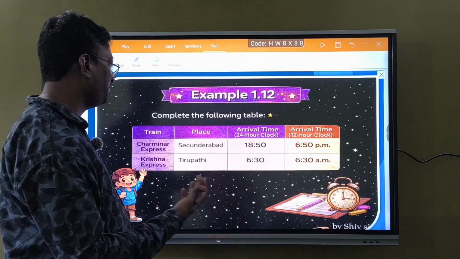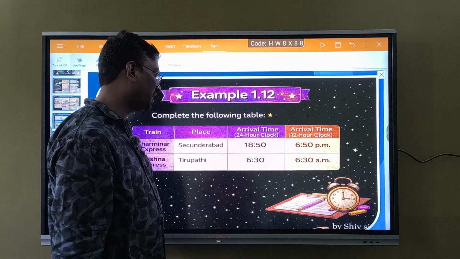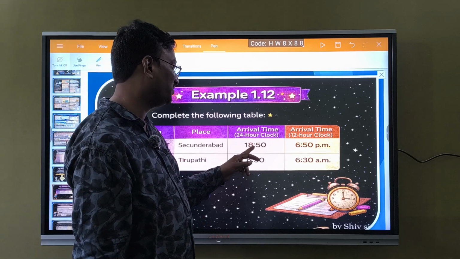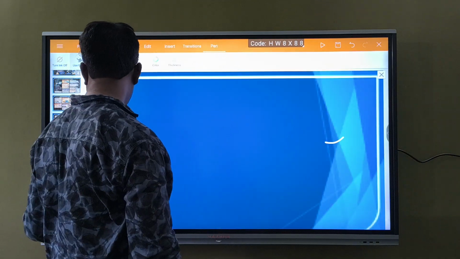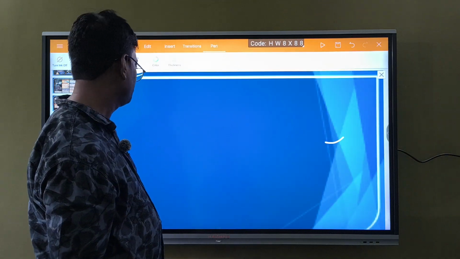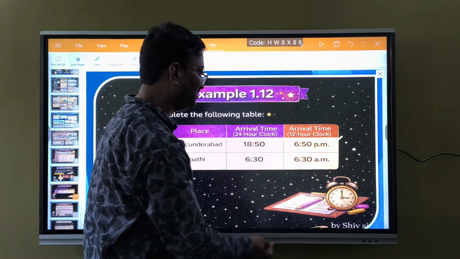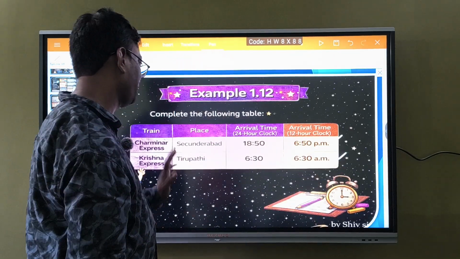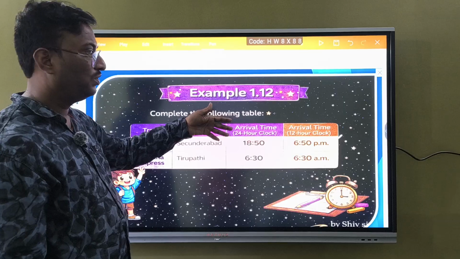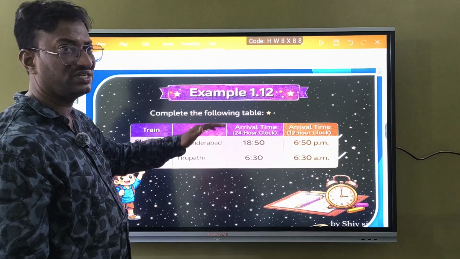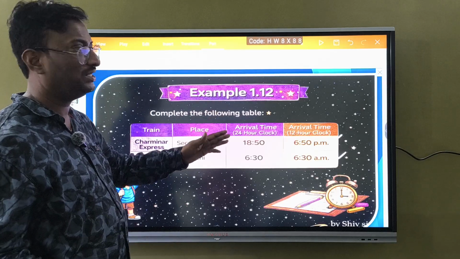Next, example 1, complete the following table. Already I have completed this. See now, Secunderabad arrival time in 24-hour clock is 18:50, in the sense 6:50 PM. And 6:30 in the sense 6:30 AM. So if it is above 12, the digits are in 24-hour clock. If it is more than 12, then you have to subtract 12 from that value, so that it converts